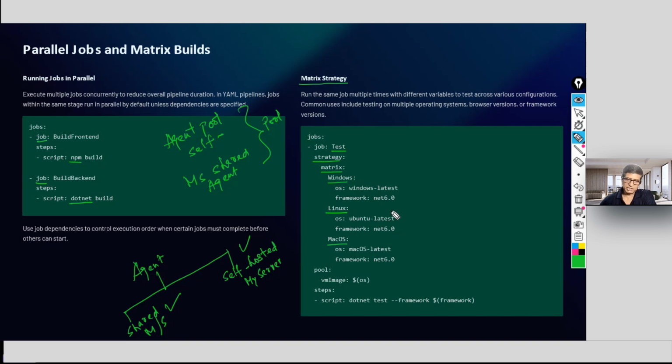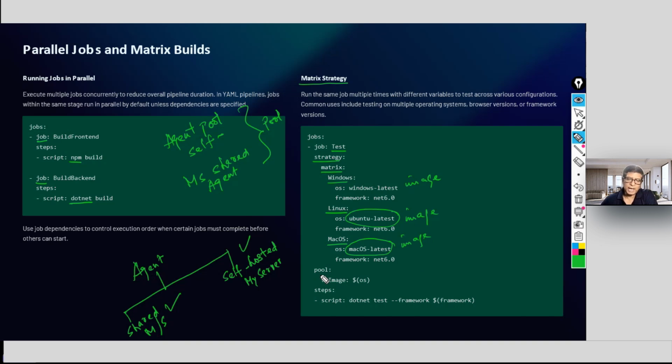Latest is the image. These are called the images. It can be a Docker image. This is available in the Docker Hub or Azure hosted server, okay, as Azure repository, Azure registry, sorry, image. And Mac OS, if it is a Mac built application, it will use the image of Mac OS latest. So this is the OS operating system. So you just define the strategy,